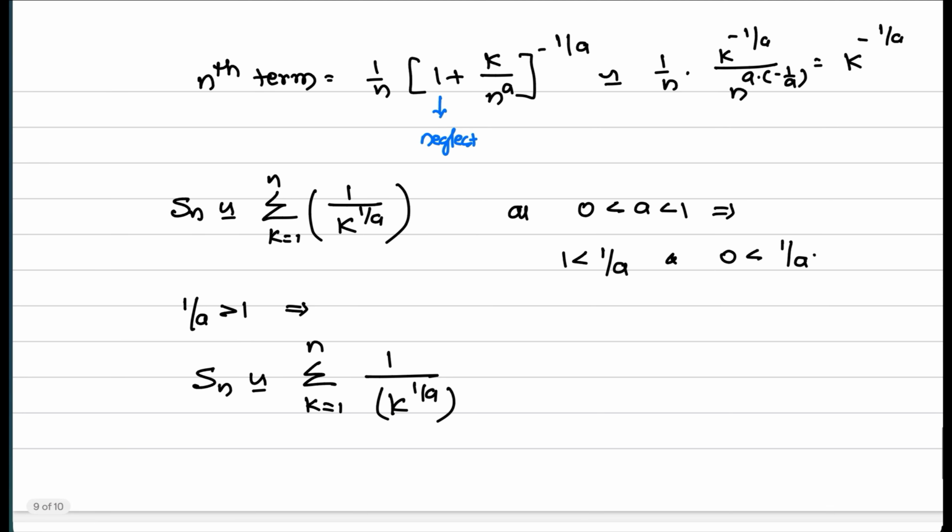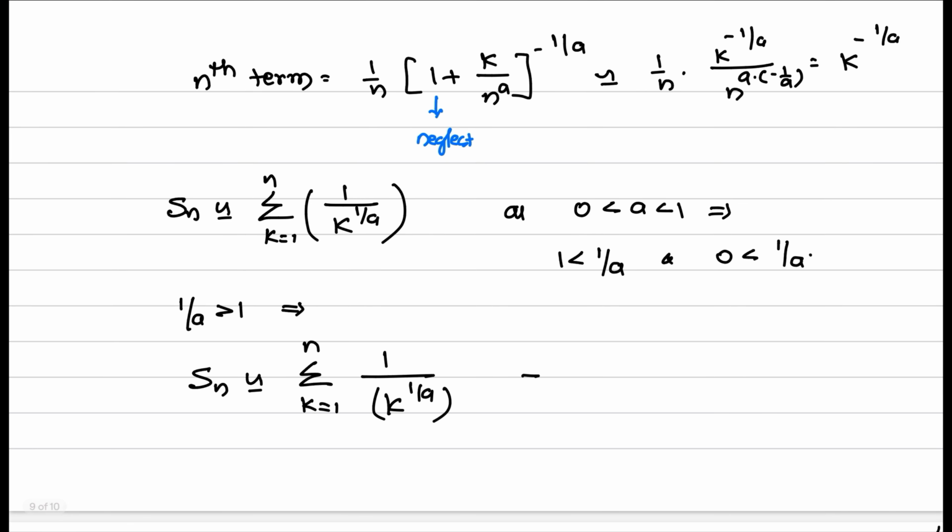This converges. Sn converges when 0 is less than a and less than 1. Now, the other case we have to consider, case 4,